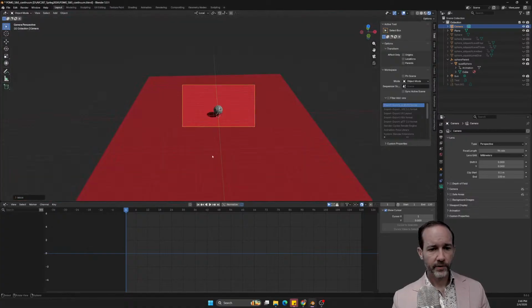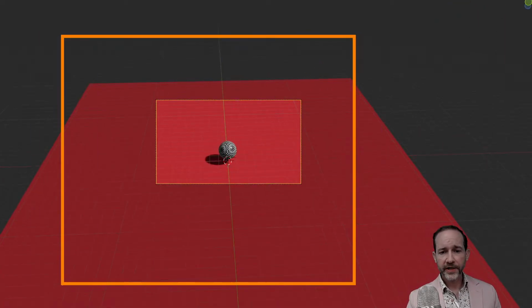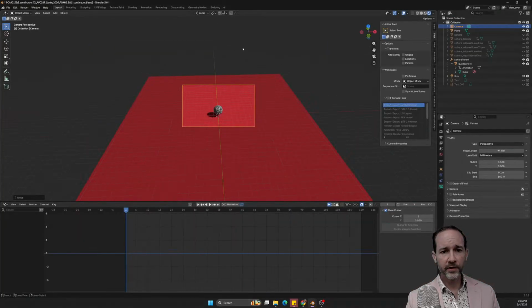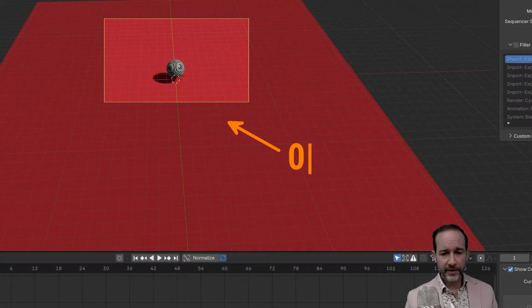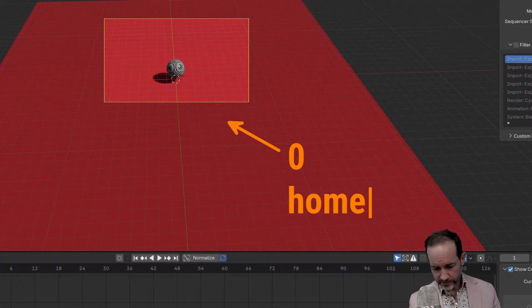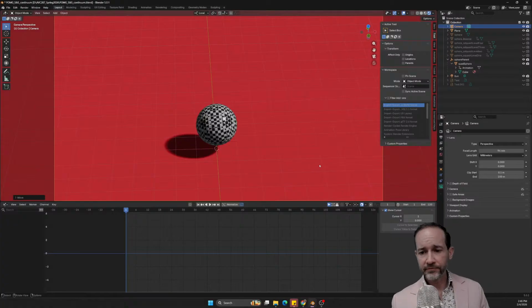Okay. And when you press 0, Blender will look through the camera, but a lot of times it makes the actual frame quite small in the viewport. So if you press 0 to look through the camera, and then the Home key, that will take the frame and blow it up. It didn't change the camera at all. It just blew it up so that it was easier to see.